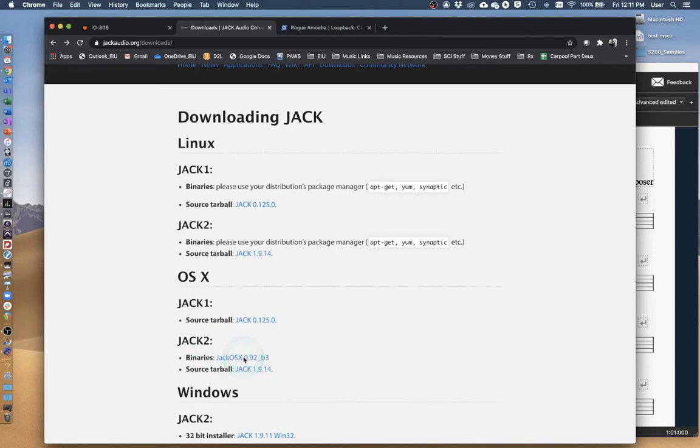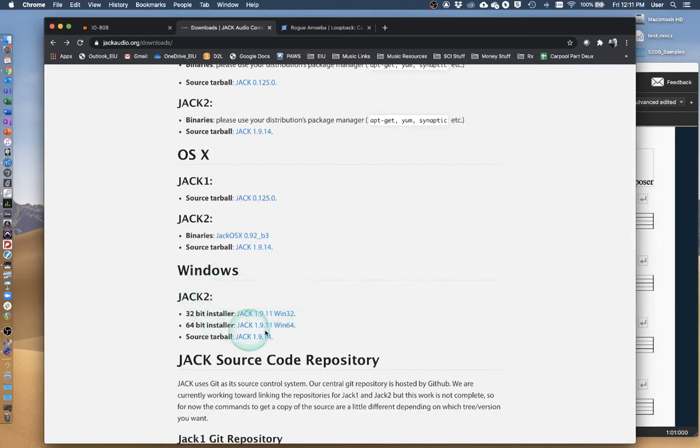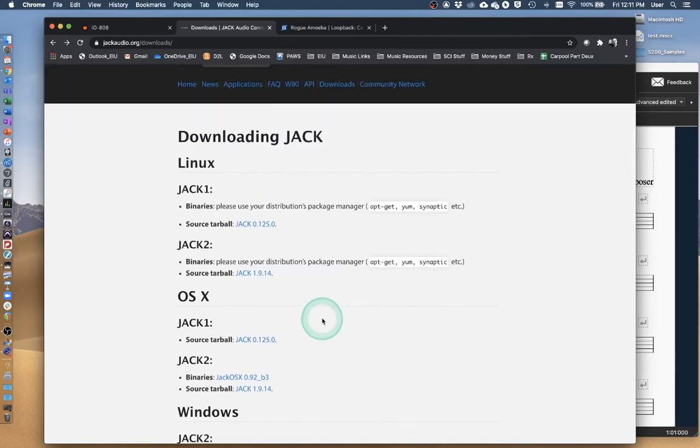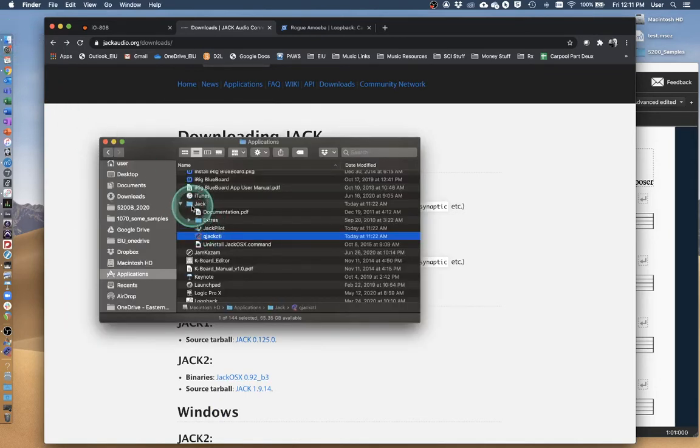It's a zip file, and you install it to your computer. For Windows, you would go down here and install the appropriate Windows source. You can even get it for Linux if you're a Linux user. And when you install it, you get two things installed. You get this Jack folder documentation, always helps. The pilot and the Jack control